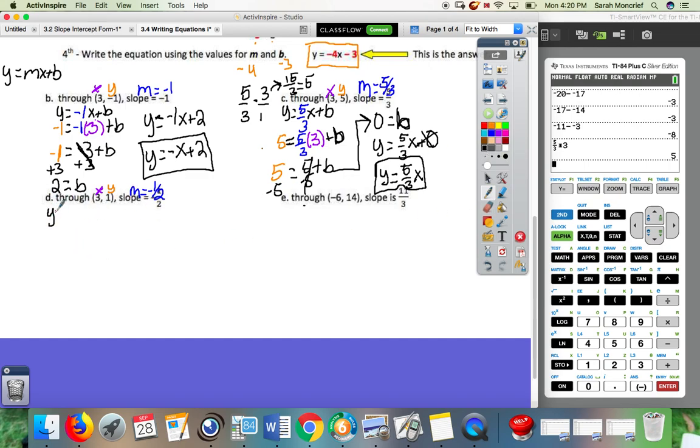I have y is equal to, what's my m? -1/2 x, and then just add everything else to it, plus b. Do I have b? No, I do not have b. So I need to plug in my x and my y in order to solve for b. So what was my y? 1. So I have 1 is equal to